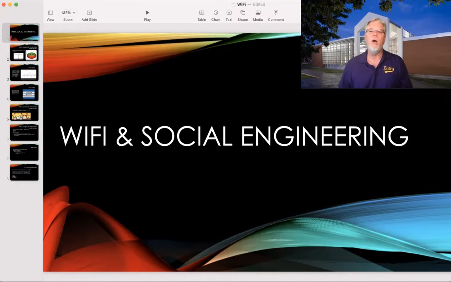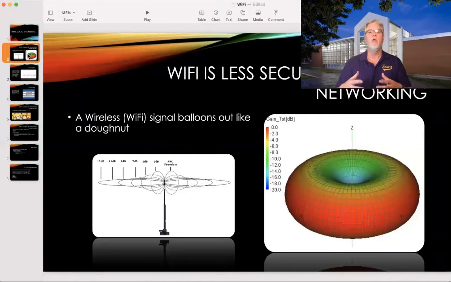Particularly, wireless fidelity or Wi-Fi does refer to what we do within wireless networking for our phones and our computers. And so this term, Wi-Fi, often just means I'm connecting to a wireless network. The first thing you need to know is that Wi-Fi is less secure than wired networking. Plugging into a wired network is more secure than wireless, and that's because of what you see here on the